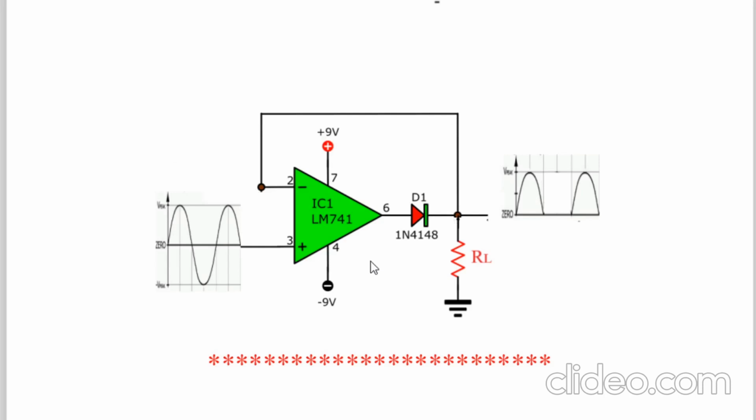In case of a normal PN junction diode, it will start conducting after 0.7. But here at 10 millivolt only, the entire circuit started conducting during the positive half cycle. During the negative half cycle, it will not conduct, and therefore there is no voltage during the negative half cycle, and that is why it is called a precision half wave rectifier. So it is very simple and, you can say, interesting.